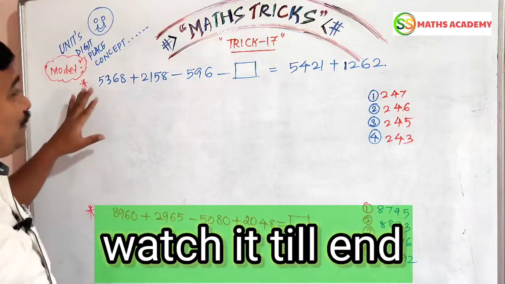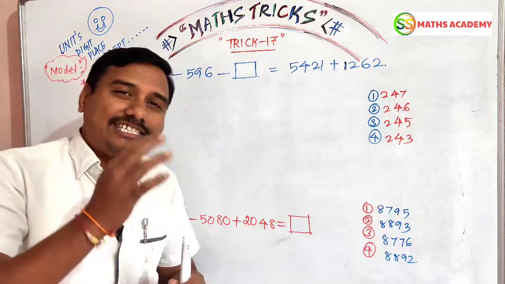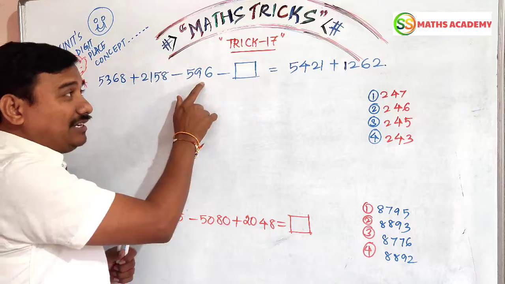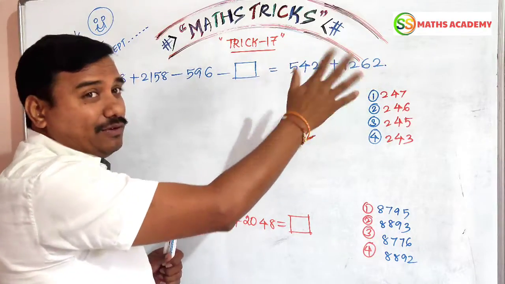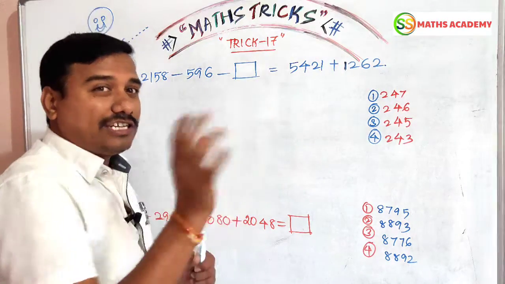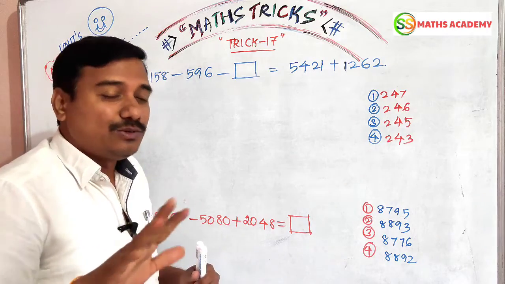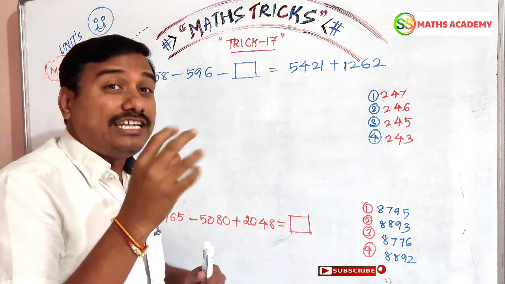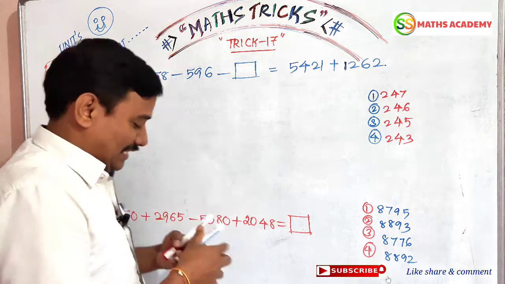In this way, the first general method is, you know what the general method is, dear friends? Sum of these two and subtract this one, and transfer to the right side, we will get the sum of these two, and we should get the answer. This is the process. No need to discuss which process is better. Just the technique. Only 5 seconds, you see.